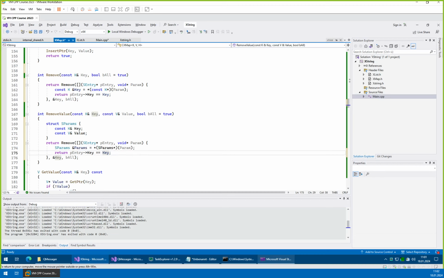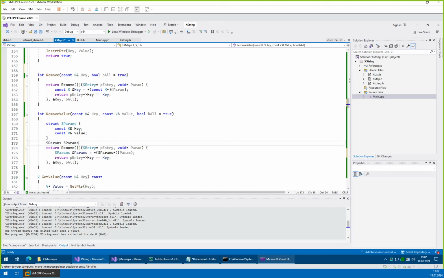Params. From this we will instantiate a variable params. Since it instantiates with a reference, we need to provide the values directly. Cannot do it by one. As params, and then here we just pass a reference to params, and then here key must be equals, and no, sorry, I think our comparison was unequals, right? So, but we will here keep it with equals and then add a negation to match,